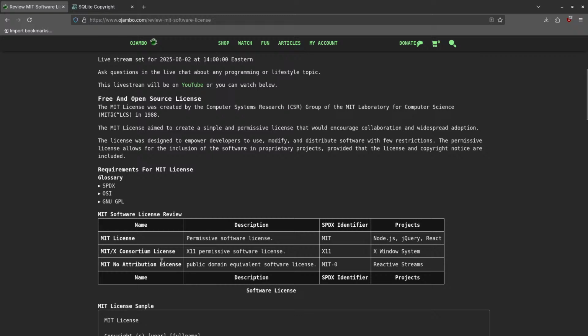And then there's another one, which is called the MIT No Attribution license. It's exactly the same as the other one, except that it's more of a public domain equivalent. What that means is that if you remember, for the MIT license, the clauses are that you must provide the license and you must have the copyright notice included, right? So if you want to make it,